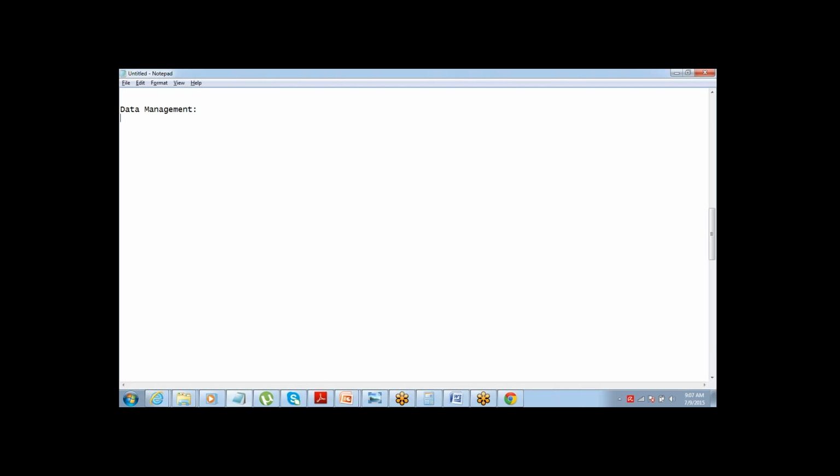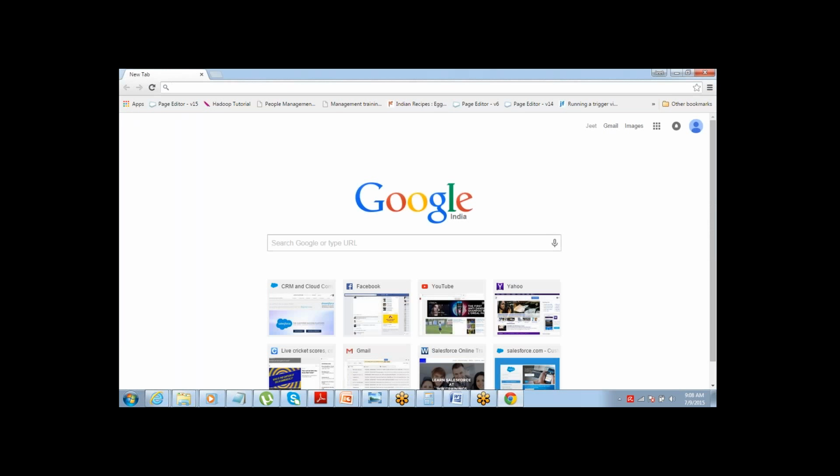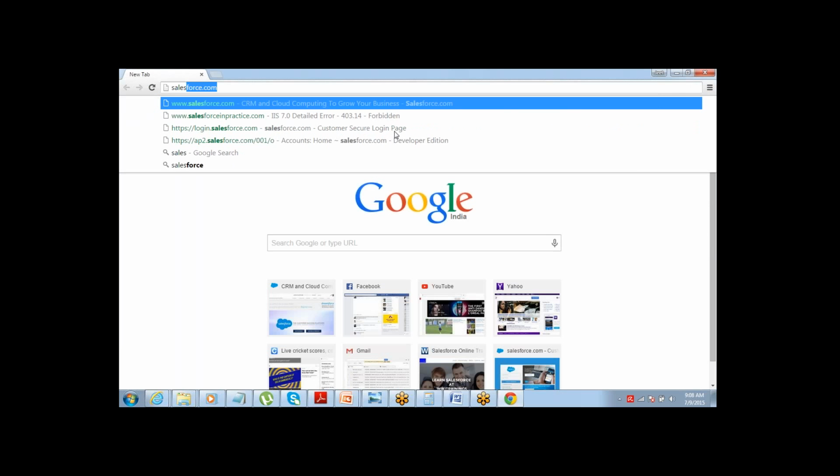Now, while I'm talking about database, I need to sometimes enter data one by one. Let's say you have one new account or one new customer. You need to enter that customer's data. It's just one record that you have to enter. You can do it manually, right? So usually, this is the process that we follow. So once you are opted into Salesforce,